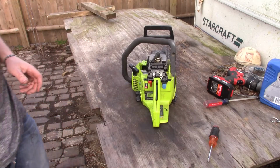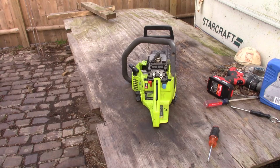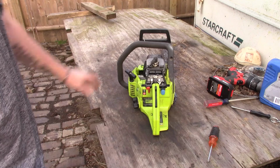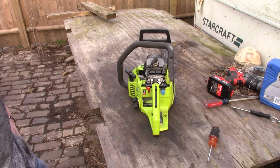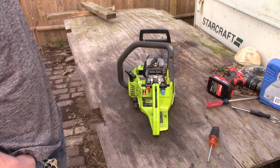Yep. I'm not going to bore you with that. It's definitely a carb issue. Possibly a rebuild kit. My guess is the screen on the inside is plugged, or partially plugged. I mean, it's letting some gas through. The lines are all good. New fuel filter, but